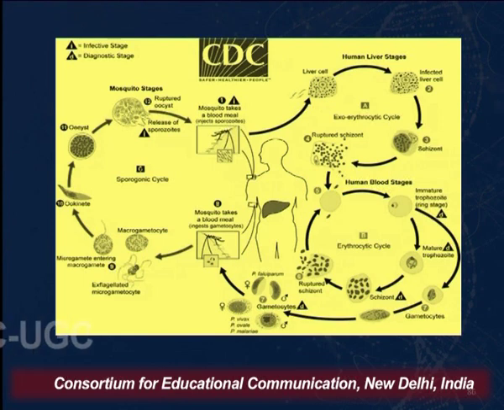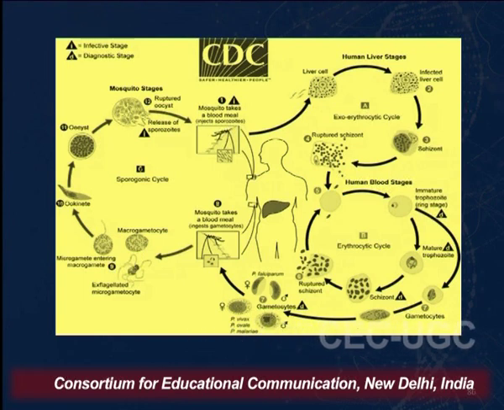As this exoerythrocytic cycle takes place, the parasites start growing within the liver cells, but after reaching a proper level, the cell bursts out because it cannot take any more growth of these parasites. So, all these schizonts, the ruptured and released schizonts, go on to infect further liver cells in the human body, and many times they go on to infect the human RBCs or red blood cells.